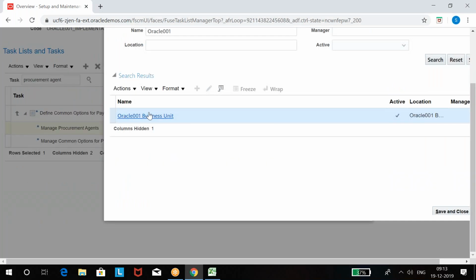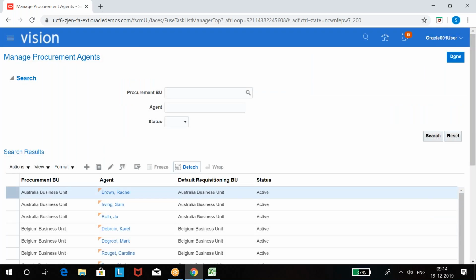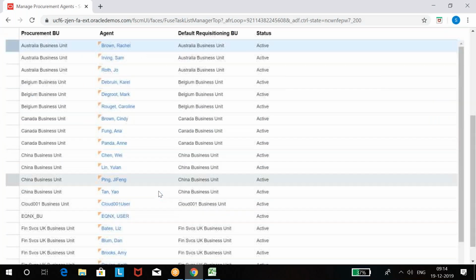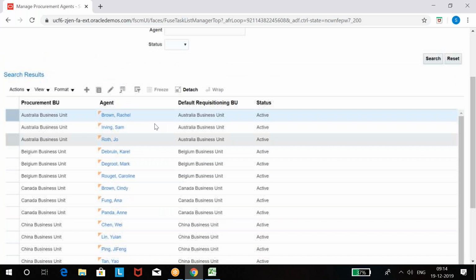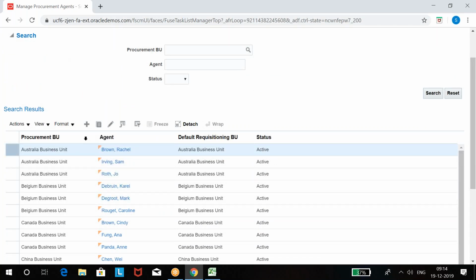Save and Close. Create. See, all these procurement agents were already created in the database through the application. I want to create my own, so click on Create.